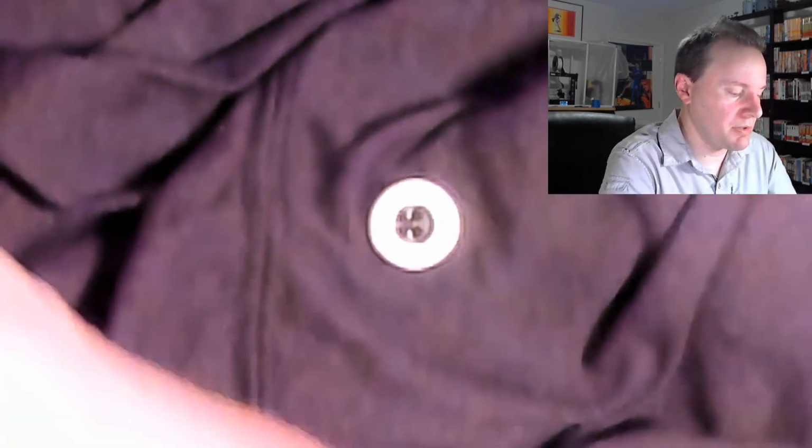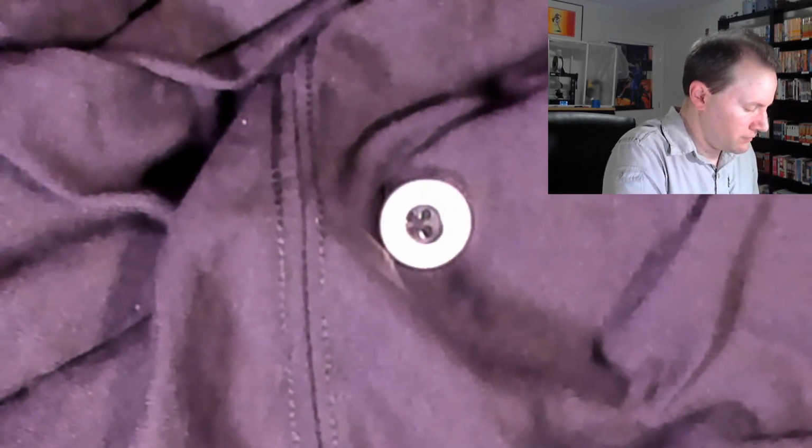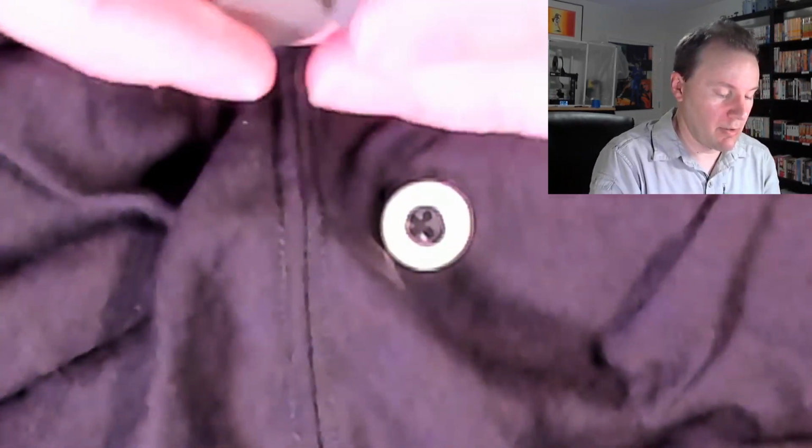Meanwhile, we can pull out our magnets. Hopefully these are, yep, good. These are quite strong magnets. I'll be careful here. I'm going to go ahead and...